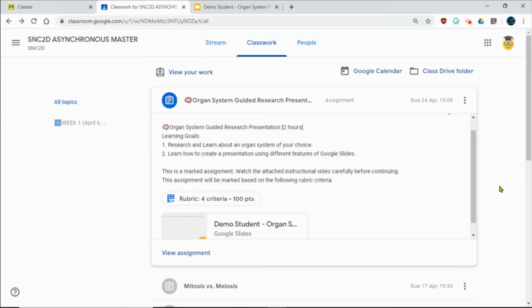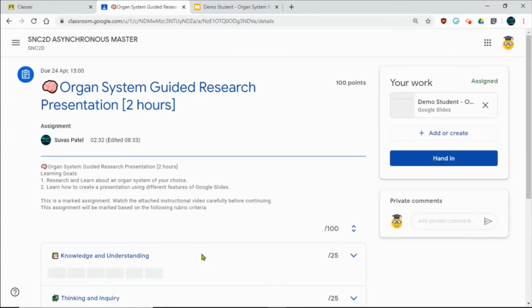Hi there. So this is a guided research project that you're completing. It is being marked. So work through this carefully, follow all the instructions. The very first thing you want to do is click on View Assignment so that you can view all the details of this assignment. When you click on that, this window should appear where you can read through the instructions,